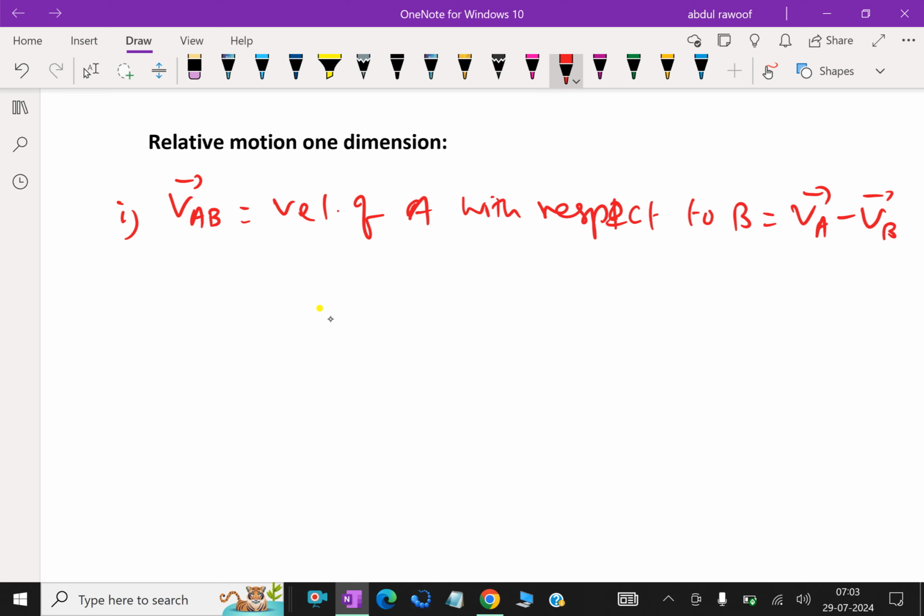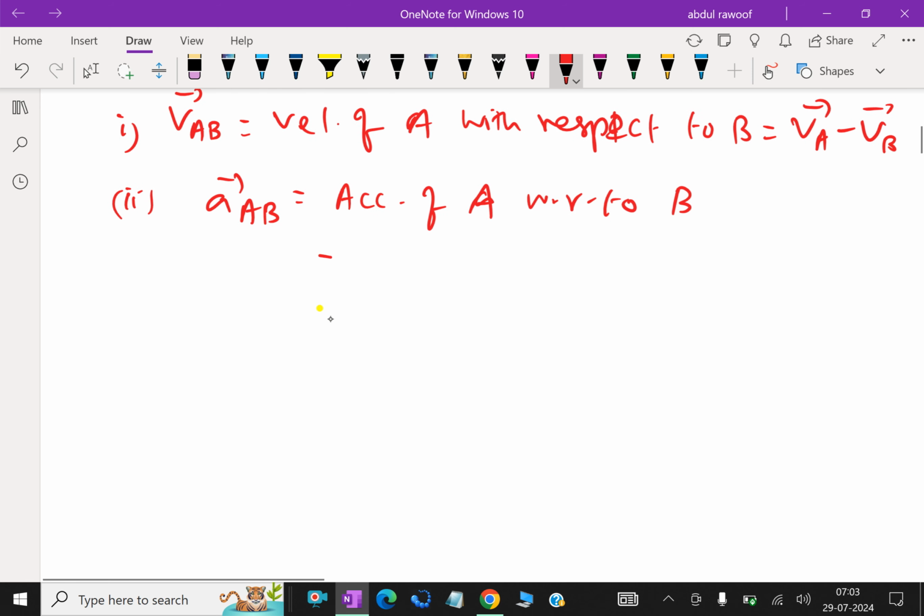Similarly, relative acceleration is acceleration AB, that is the acceleration of A with respect to point B, which is equal to acceleration of A minus acceleration of B. Next one,